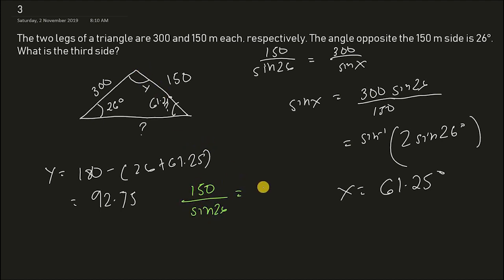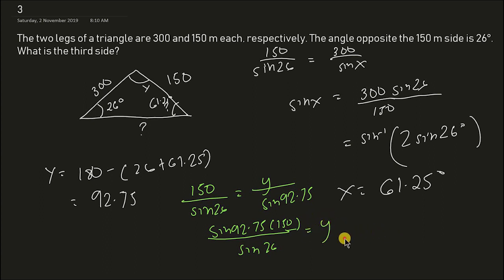This is equal to y, yun yung hinahanap natin na side, y over sine 92.75. So I'll put that to the other side. So that would be equal to sine 92.75 times 150, I forgot that, over sine 26. That would be equal to the value of y. So solving that, y is equal to